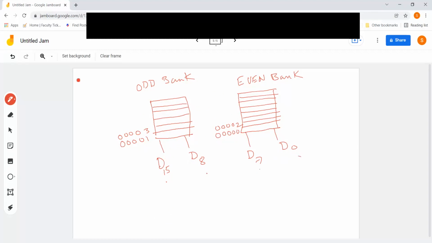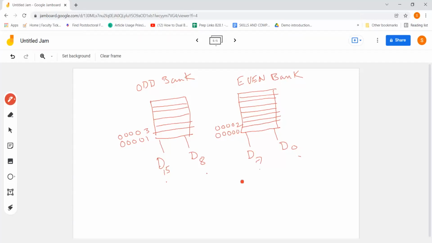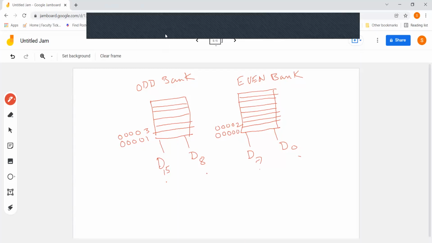Accordingly, as in the question you can see, we have two 4K EPROMs. The two 4K EPROMs will be arranged in parallel fashion so that alternate addresses are odd and alternate addresses are even, and we get the complete 16-bit data. That is the idea over here for odd and even addresses. Is it making sense? Anybody? This is a very important concept. Is it making sense how the memory is actually arranged?